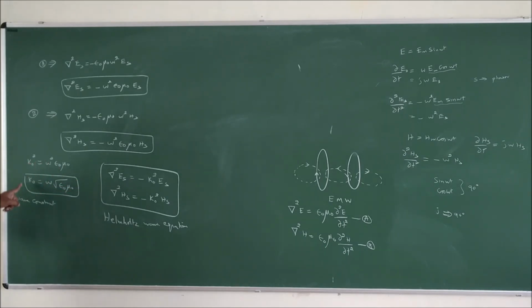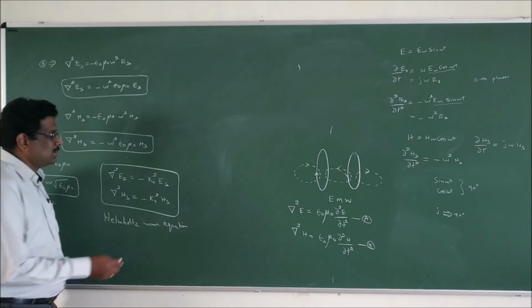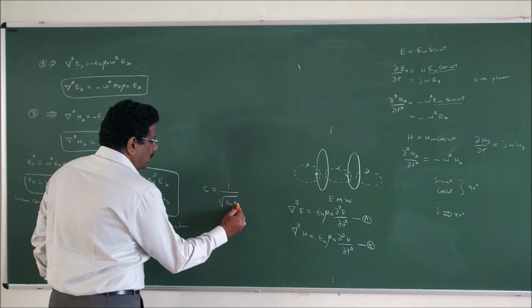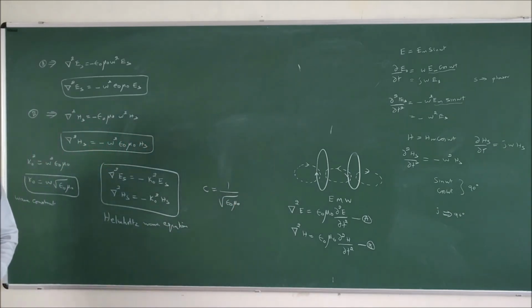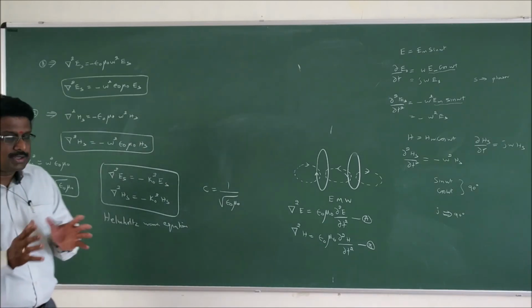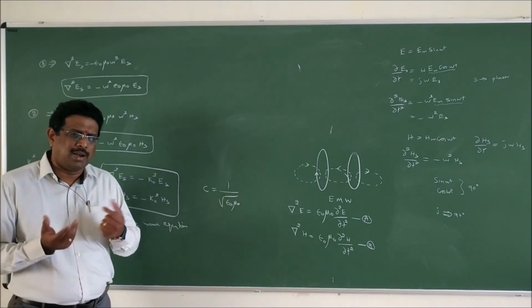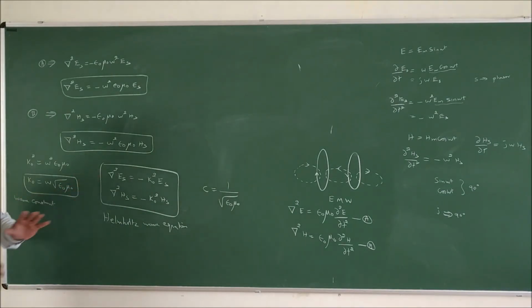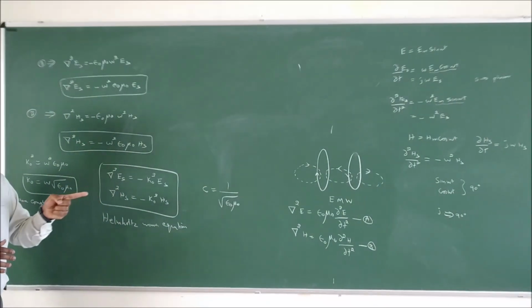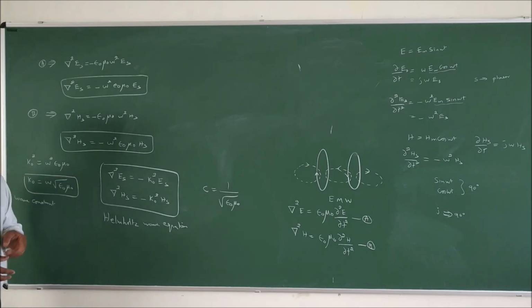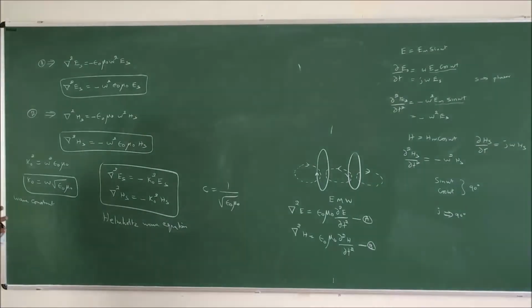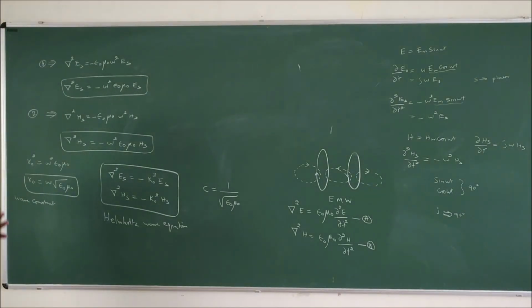At the same time, this is called a wave constant, and I can also say the velocity c is nothing but 1 by root of epsilon naught mu naught. If you calculate c, the velocity of the wave comes into the picture. It is nothing but the velocity of light. So we conclude this electromagnetic wave goes at the speed of light, and that is constant everywhere. So it is uniform in nature. The conclusion is a uniform plane wave.